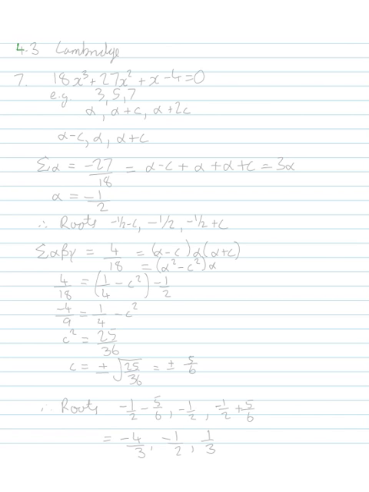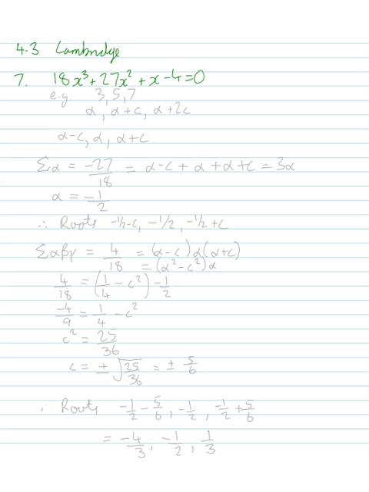Okay, so we're looking at 4.3 from Cambridge, question 7. And question 7 is interesting because it asks us to deal with sums and products of roots, but for a polynomial where it's given a specific relationship between them, and that is that the roots are in an arithmetic progression. So an arithmetic progression means that the roots are separated by some sort of constant, and that can